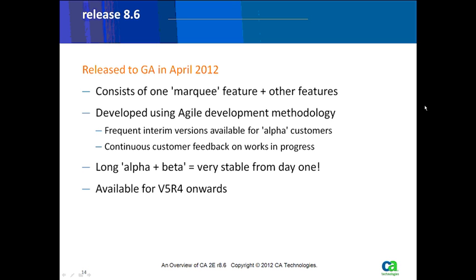So that was how we did Release 8.6. It's available for V5R4 onwards. I'm trusting that all of you customers are at least at V5R4 or above. Obviously, it runs on any release V5R4 or above, so V5R4, 6.1, 7.1, and as any new releases come up, we get to test our software on effectively a pre-release version of whatever the new operating system is. So we're assuming it's going to work on 8.0 or whatever the next release is that IBM calls the operating system for the IBM i.